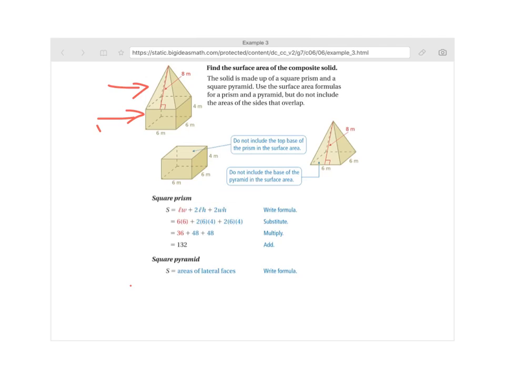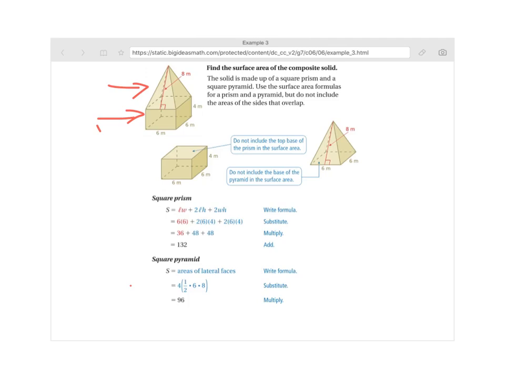So in this one, we just need to find the areas of the lateral faces. We don't actually have to find the area of the base because we're not going to include that. So according to our formula, how many lateral faces are there? 4. So we're doing 4 of this. And then how do you find the area of a triangle? 1/2 the base times the height. So 1/2 of 6 times 8. And then there's 4 of those. That's why you see 4 on the outside, multiplying it times 4. So 1/2 times 6 times 8 and then times 4 equals 96. So that's the surface area of the lateral sides, all of the sides of that